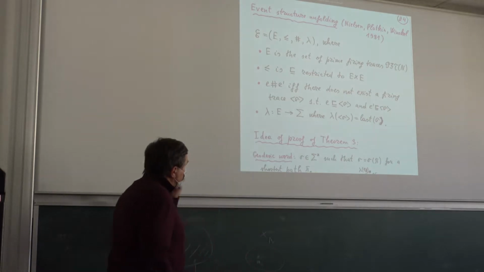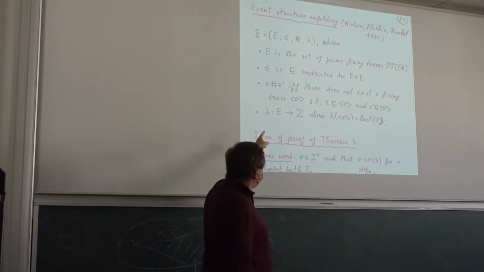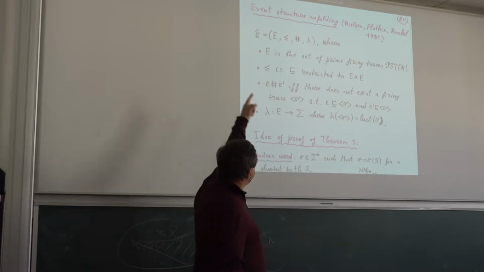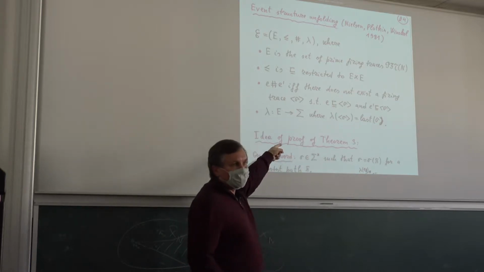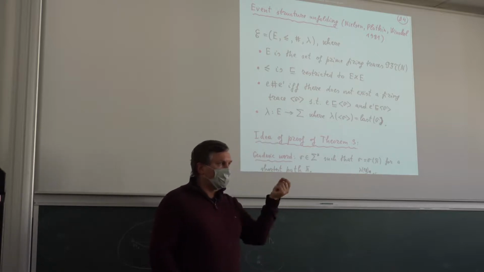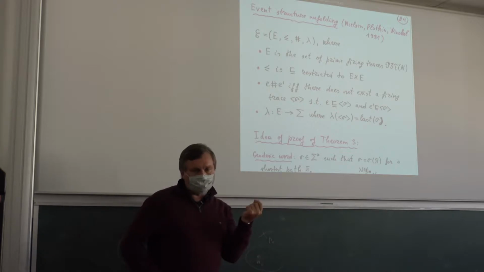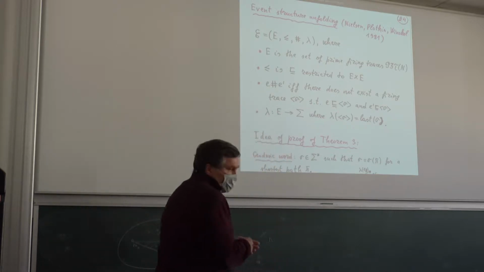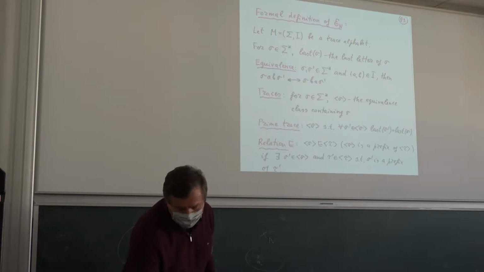And if you label each trace by its last letter, this is a trace-labeled event structure. And this is called the unfolding of the one-safe Petri net. Yep. And what we proved, in fact, this should be E of n. What we proved, this theorem is saying that,